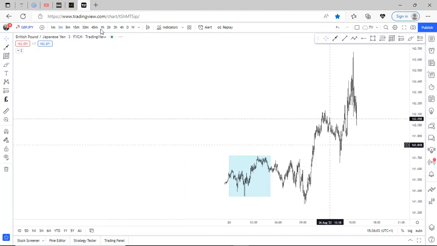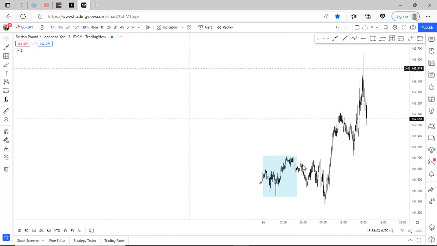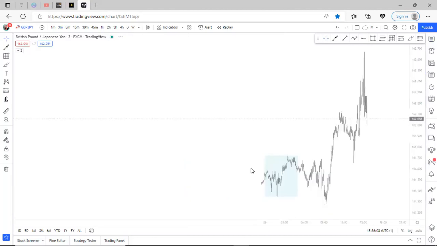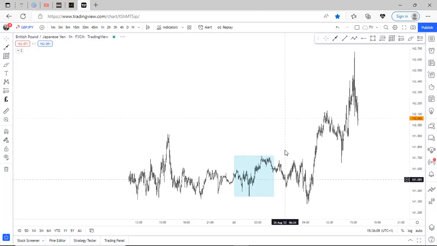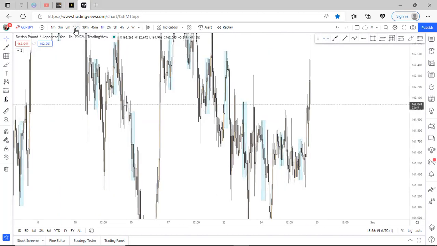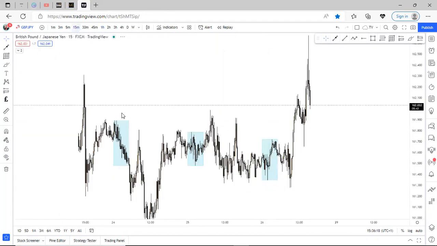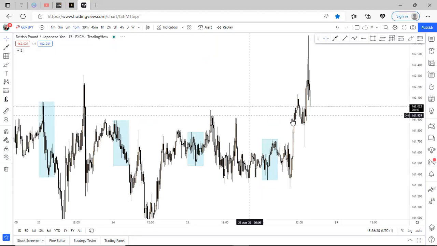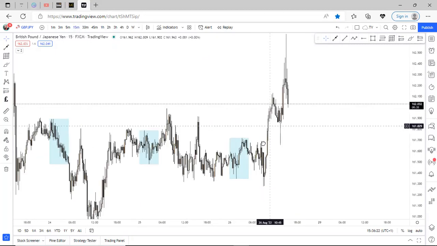I was actually in profit on this GJ. I was actually in profit from right here. On this particular GBP JPY, I will kind of blame myself for taking the sell trade. Actually, I will blame myself, because if you've gone through my